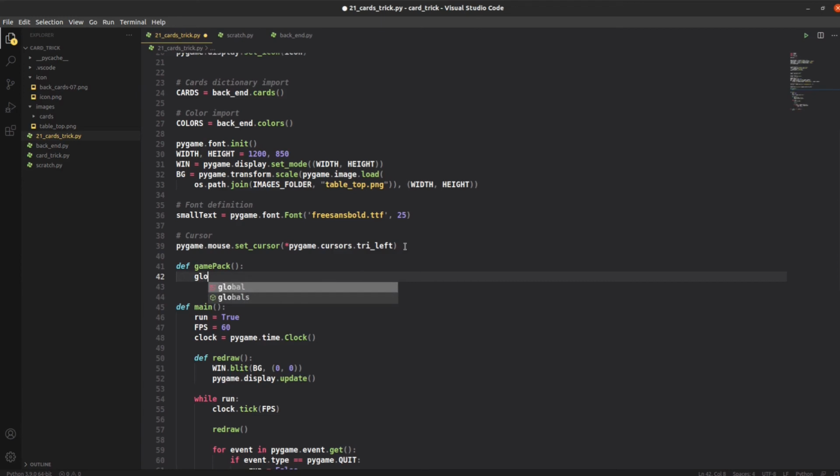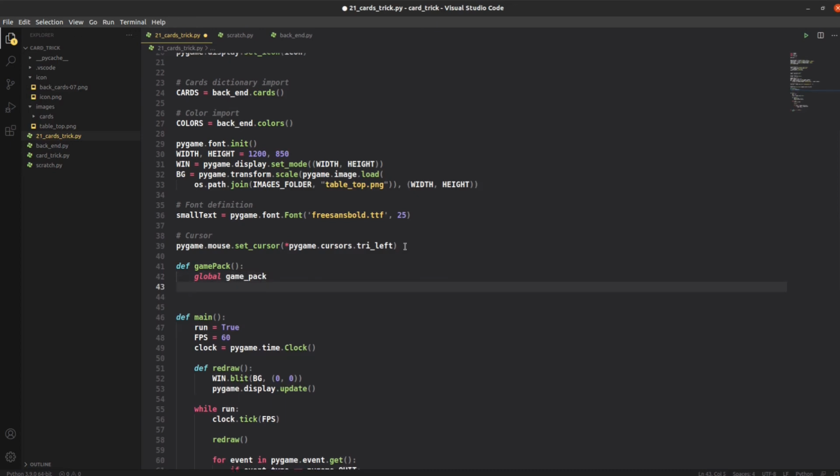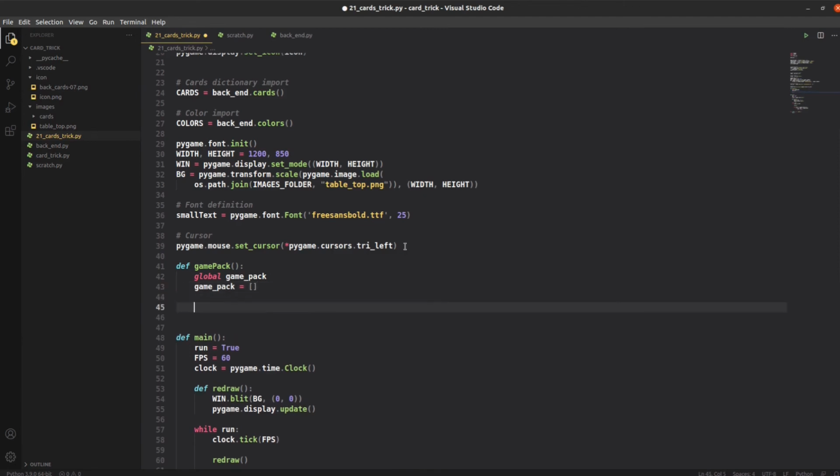and global, because we intend to run the game several times. We have to first make sure that the game pack list is empty, because we can run it one time and we fill it up, and if we try to run it again we will get the same cards we had before. So let's first be sure that the game pack is empty. So I will just set it to an empty list, game pack empty list,